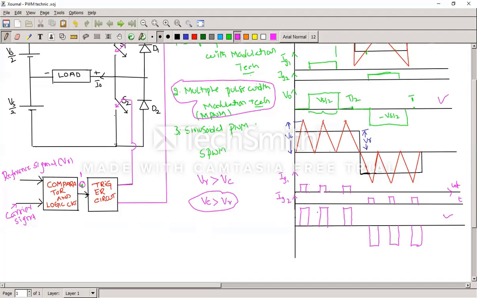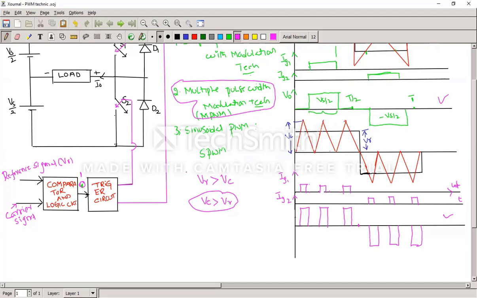That is the main disadvantage. But we are not going to consider the high frequency component as a disadvantage, because at a high frequency you can easily design the filter so that you can filter out the high frequency component. The cost of the filter also will be lesser at high frequency. Only the problem is with a low frequency component.